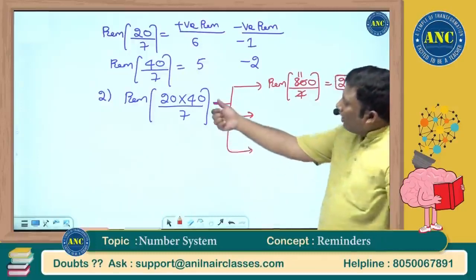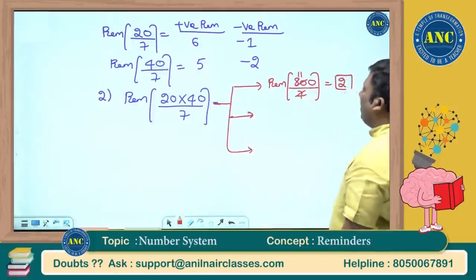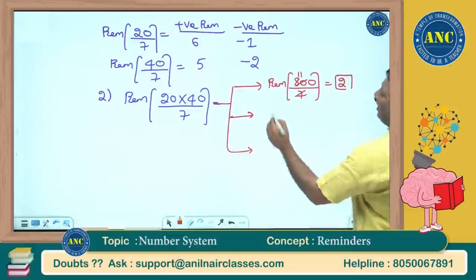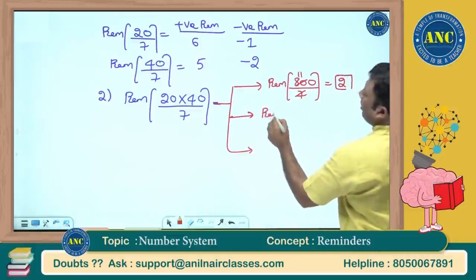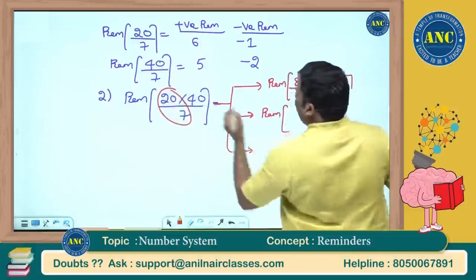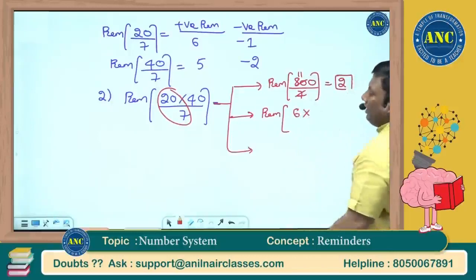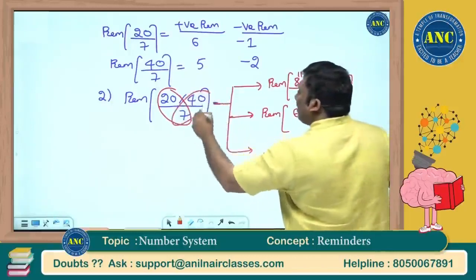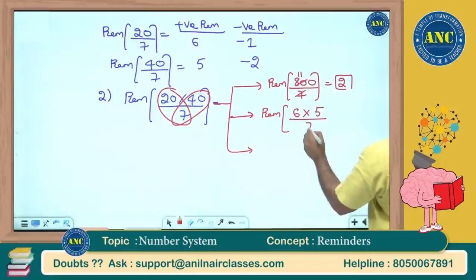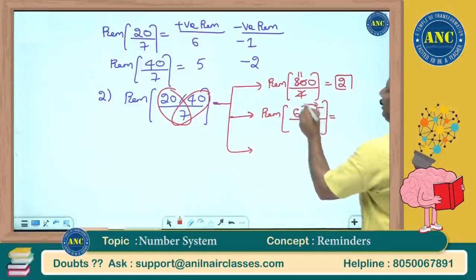Generic division: what I did, 20 into 40 is 800. 800 divided by 7: 7 11s are 77, leaving 30. 7 4s are 28. By using a positive remainder, 7 2s are 14, and the leftover is 6. 7 5s are 35. The remaining is 5. When I further divide by 7, 6 5s are 30.